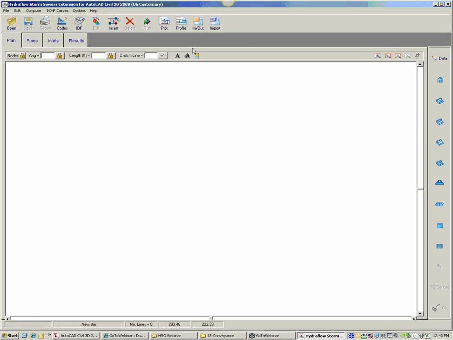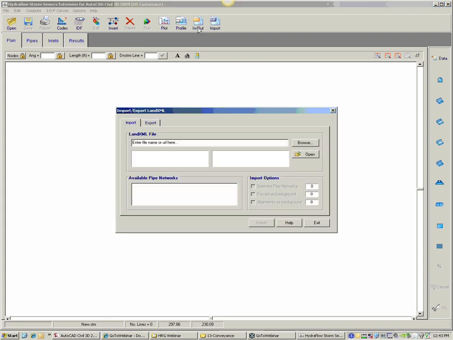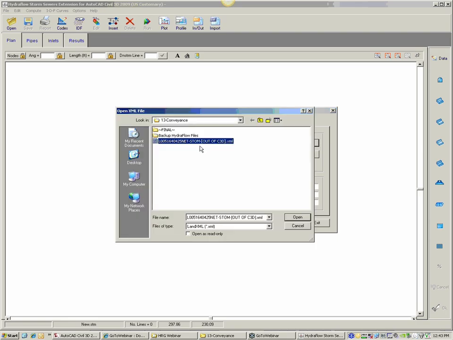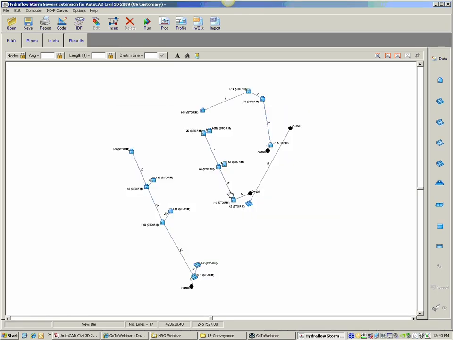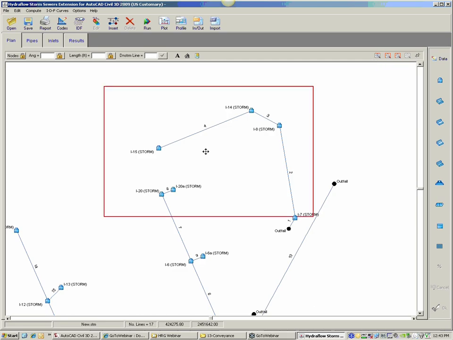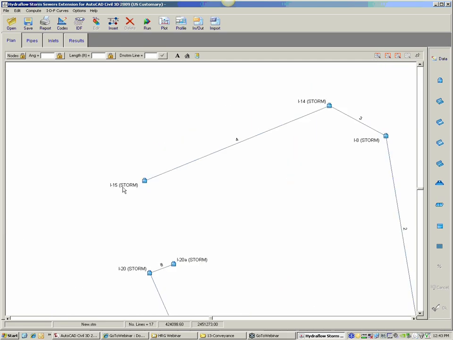So to bring that XML in, I'm going to go to HydroFlow here, hit in, out, do the import, hit browse, of course, grab that XML file, hit OK, hit open, select the network down here, select networks, see it's 17 objects going to bring in, hit import, and it imports everything in. But the problem is with the XML, when it exports that out of Civil 3D, you notice the